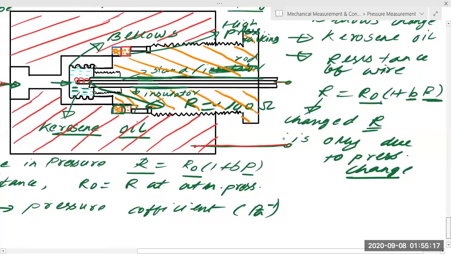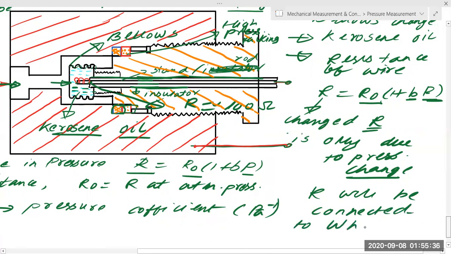Now if the resistance is changing, this metallic rod is connected to an electric system, or you can even say this wire. How will you get the resistance change measured in terms of electric output? The wire will be connected to a Wheatstone bridge. If you remember the Wheatstone bridge, there were 4 resistances. You can keep 3 resistances constant and vary one of the resistances, which is nothing but the resistance of the wire. You can keep R1, R2 and R3 constant.